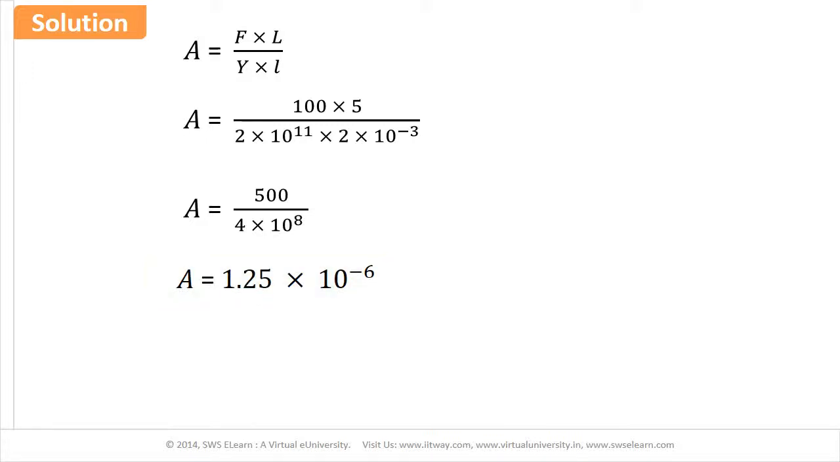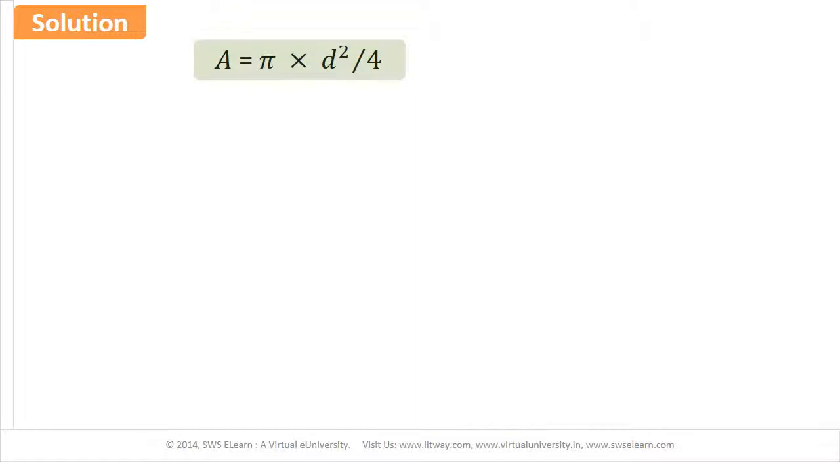Now, in order to find out the diameter of the given wire, we have to write area in terms of pi r square. Therefore, A is equal to pi r square, that is equal to pi into d by 2 total raised to 2, and that is equal to pi into d square by 4. Rearranging the terms, we get